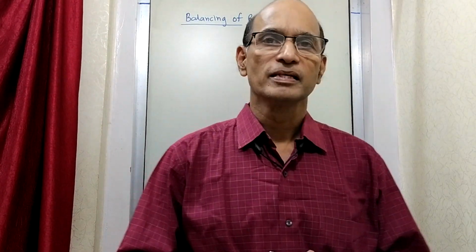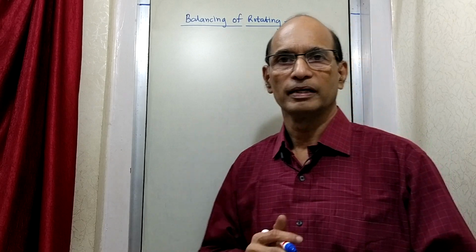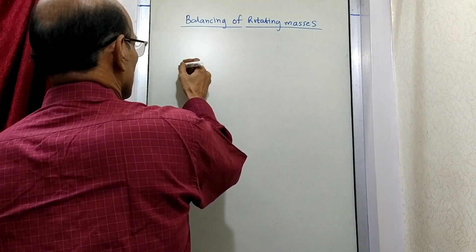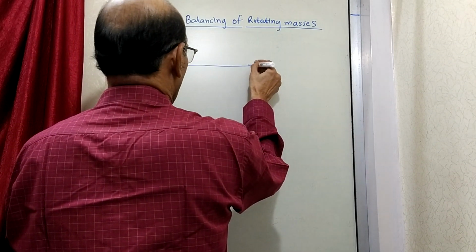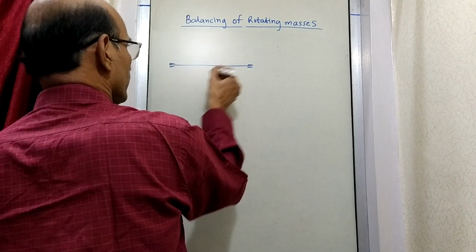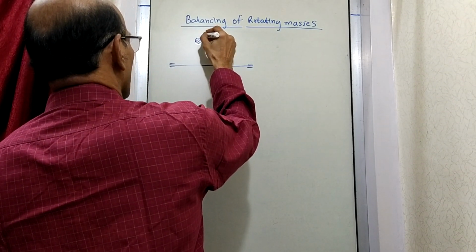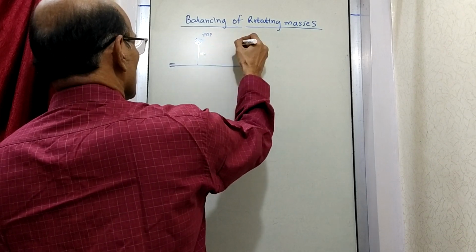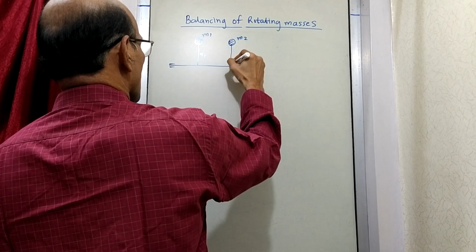Now let us see how this is implemented, the theory we have learned earlier. So let's take one example like this, where there is a shaft with a proper support, and then somewhere here there is M1 at a distance R1, and here there is M2 at a distance R2,